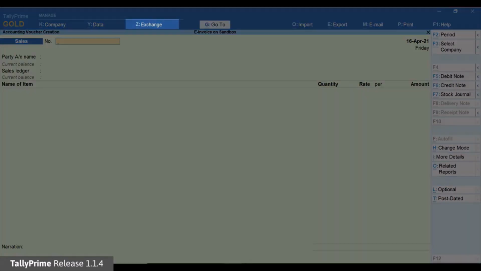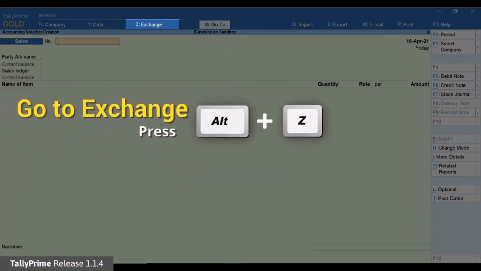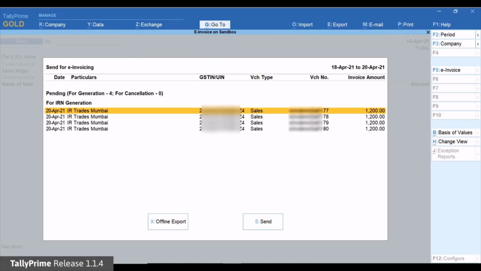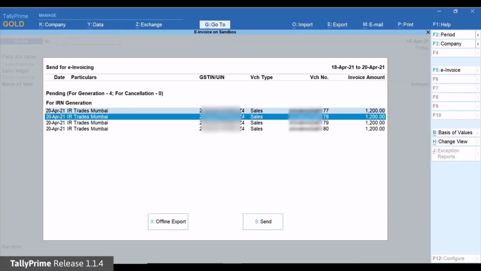Click Exchange or simply press Alt-Z and then click Send for e-invoicing. The Send for e-invoicing screen appears. Select the transaction you want to exchange with the e-invoice sandbox system and then click Send. You can also select multiple transactions if needed.